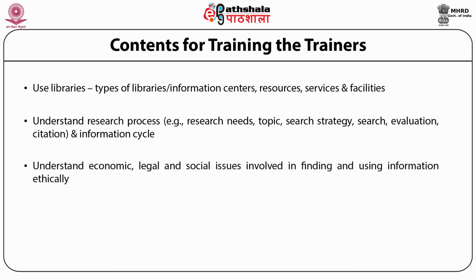Understand economic, legal, social issues involved in finding and using information ethically. What is information, how we are going to use it, what is the significance of that piece of information is very important for LIS professionals also, because all the users, whether general or special, come to the library in order to make use of the information, and they must be taught and trained how the information has to be used and how it has to be cited. If the professionals are aware of plagiarism or the use of referencing and citation styles, they would be in a better position to pass on this information to their users.